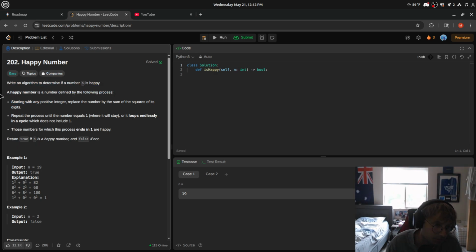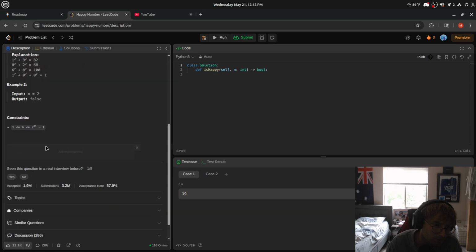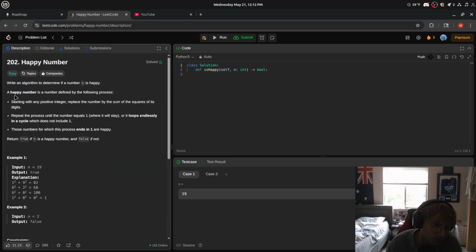Tell me if a number n is happy. I think that's a recursive problem. A happy number is a number defined by the following process. Start with any positive integer, replace the number by the sum of the squares of its digits. So we start with number 19. Replace the number by the sum. Those numbers are happy. If it's an easy problem, it's probably